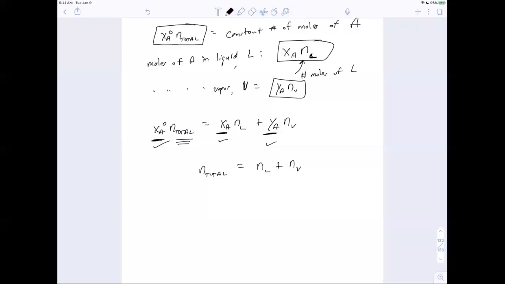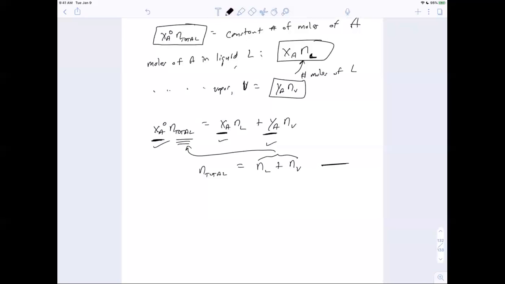So the total number of moles, A plus B, is going to be the total of A plus B in both the liquid and the vapor phase. Does that make sense? Okay. So that's why we can write this equality here, which is not too profound. It's rather obvious. So what we're going to do then is stick this guy